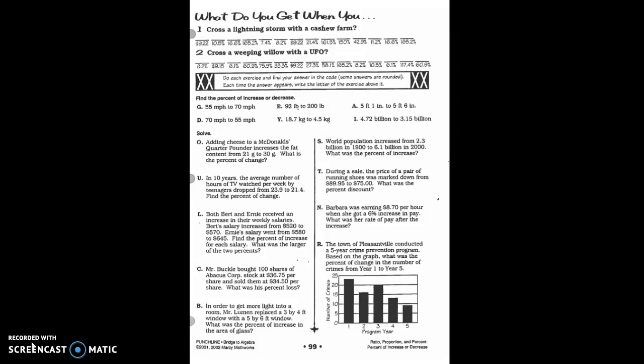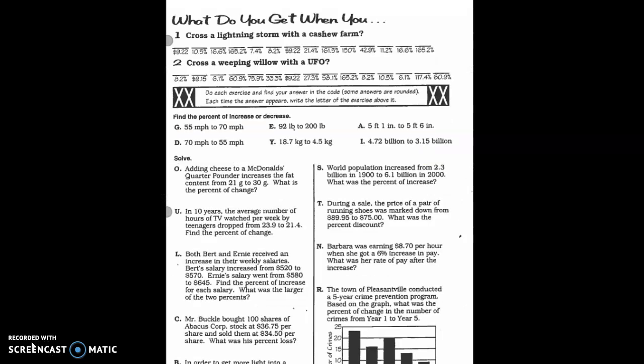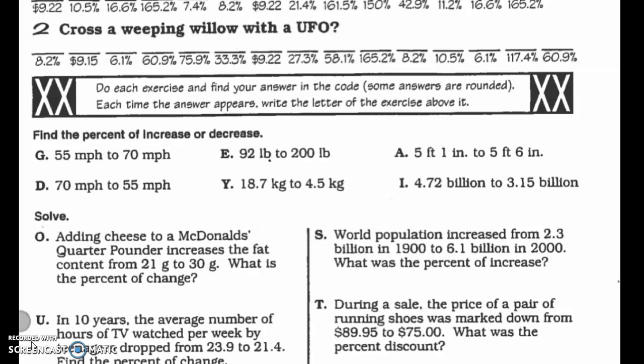G through I. So as you get an answer, you write that letter up in the top. So like if you get $9.22 on, let's say it's letter A, then everywhere 922 is, you would put the letter A. Okay, and we'll work through that. All right, let's do